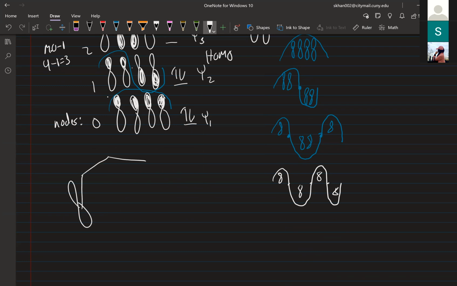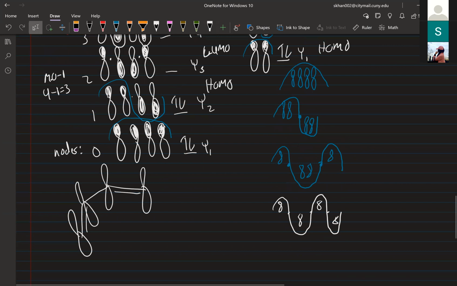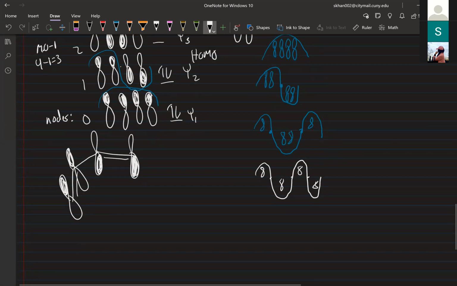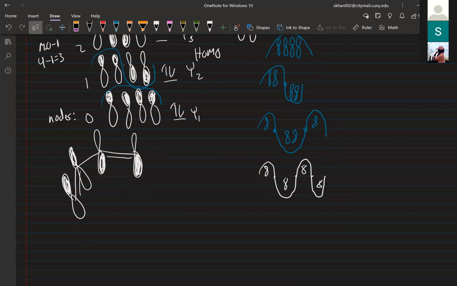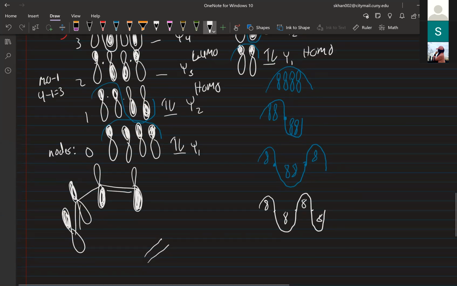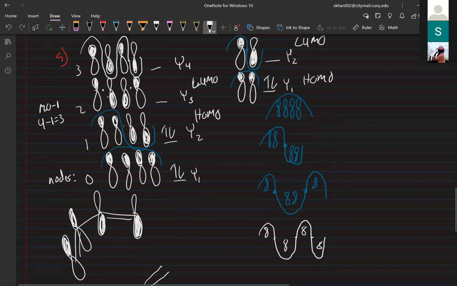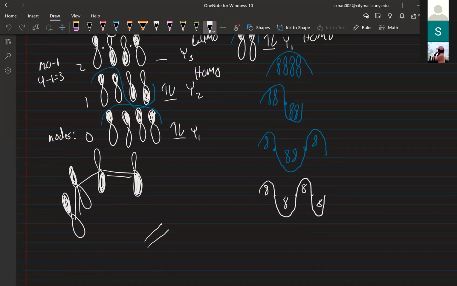So now we just draw that orbital. Two are in phase with each other, two are out of phase with each other. Then we need to show, remember, this is a kind of top-bottom reaction, the way it occurs. So you could show it coming from below. And we want to show the LUMO. So if I draw it as is,